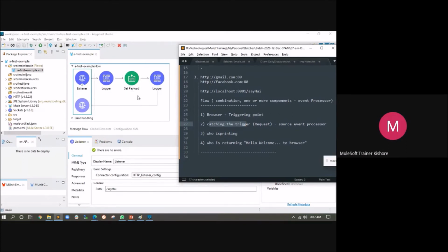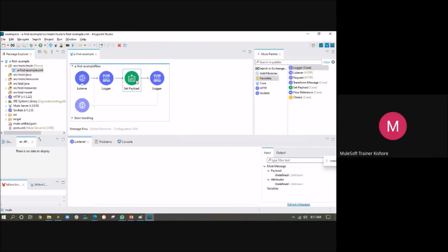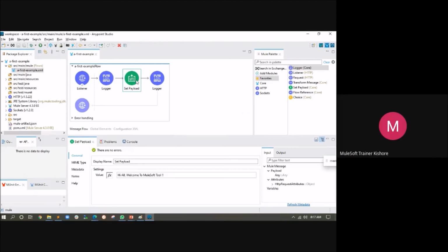So what will happen when this entire flow is getting executed? It will check for the latest value of the set payload, and then that latest value will get returned back to the user. So if you override set payload 10 times, the latest value at the 10th set payload is used.